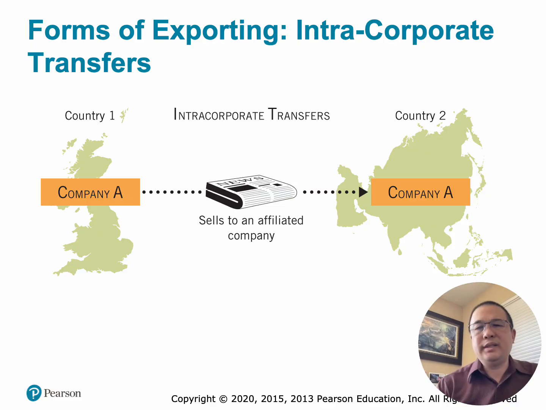So why is it called an intra-corporate transfer? Intra means within. The transaction occurs within the same multinational enterprise, even though the entities may be legally separate companies in different countries. As an example, Toyota Japan ships vehicles or parts to Toyota USA. So why do multinational companies use the intra-corporate transfers?